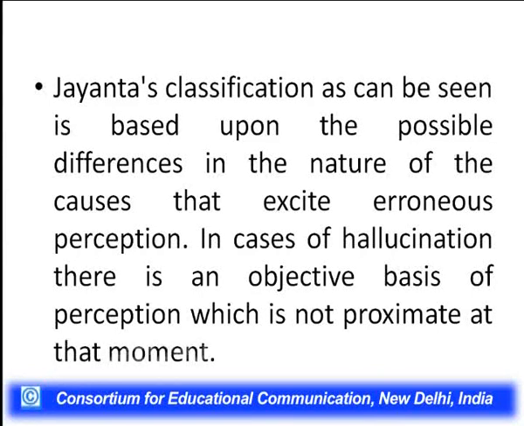In cases of hallucination, there is no objective basis of perception which is proximate at the moment. So in cases of hallucination, we don't see something which never exists at all. It's just that in the case of hallucination, we see something which is not proximate. For example, the example given earlier, somebody seeing his beloved here and now, though she is at some far away distance. So in case of hallucination, something is seen which has no objective basis in the present. So such cases would be called